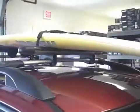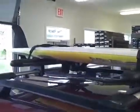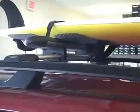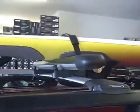The SUPPup rooftop carrier from Yakima is a universal, easy-to-use integrated carrier aimed at carrying stand-up paddle and surfboards. With fully rubberized contact points and an easy-to-use strap mechanism, the SUPPup is simple and extremely effective. A cam lever mounting system on the SUPPup's base ensures that this carrier can be mounted to almost all crossbar